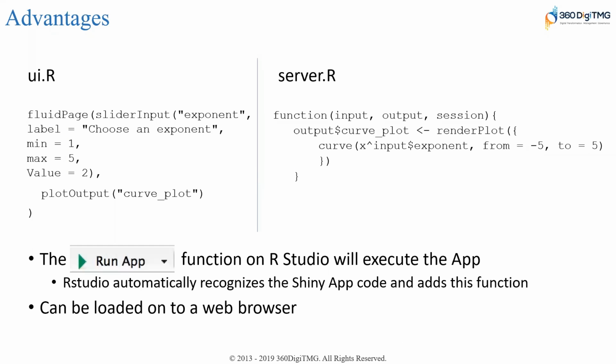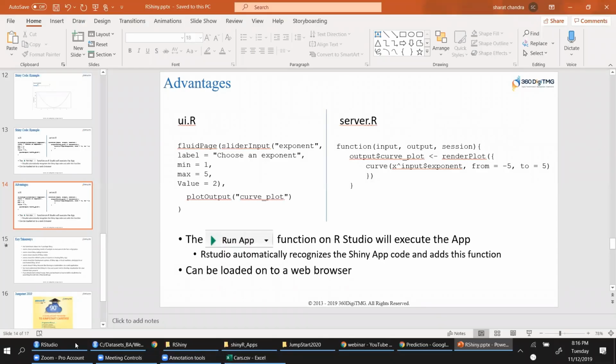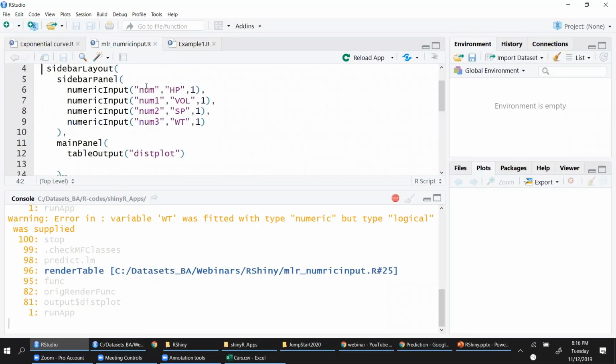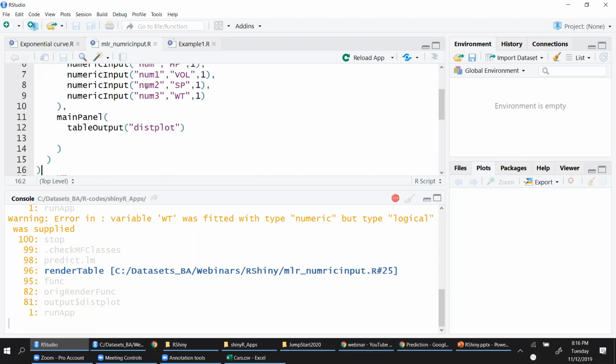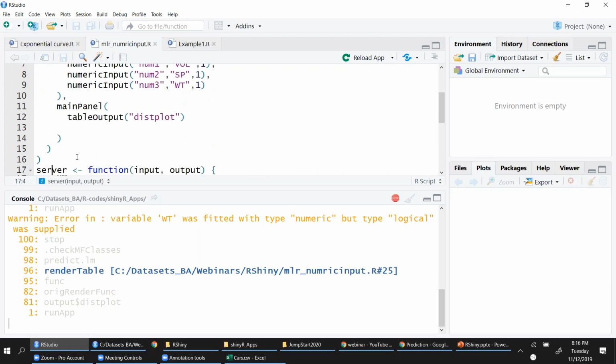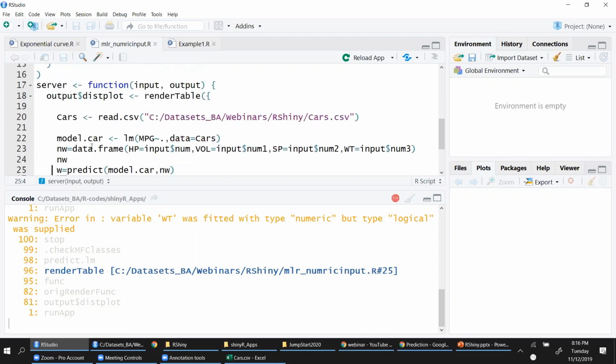This is your exponential.r, and if you want to see the multiple linear regression, this is what you will see. This is the definition of your look and feel. User interface and user experience would be defined in the first object. The second part basically is your regression code, the R code that you have learned. But you are wrapping that on top of this custom function, and the body of the custom function is defined for this one.